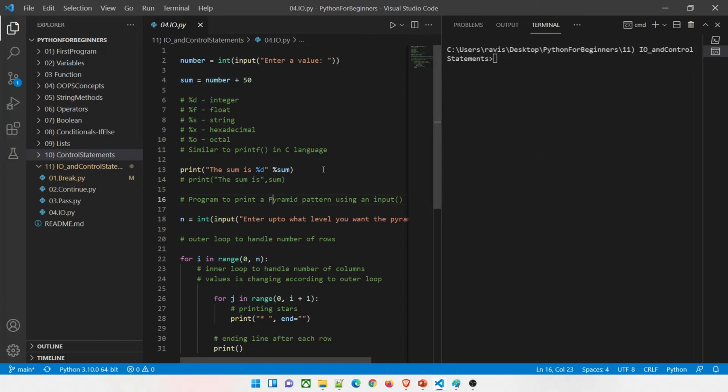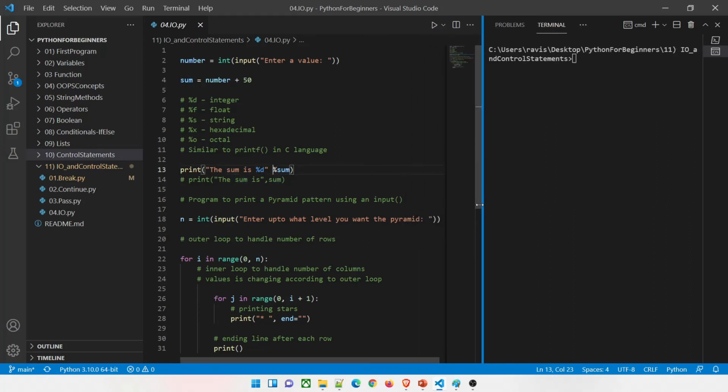So if you remember in C language or C++ language, it does not matter if you have not heard about it, I'm just giving you a bit of knowledge. Whenever we used to print an integer, we used to use percent d, percent f for float, percent s for string, x for hexadecimal, o for octal, and this is how we were doing it. Now, what we are going to do over here, we are not going to use this. You can just uncomment it and use it, but now we are not doing it right here. What we are giving is {} and we are printing the sum by doing format. Just another way of representing things. It's not necessary. You can use the older one.